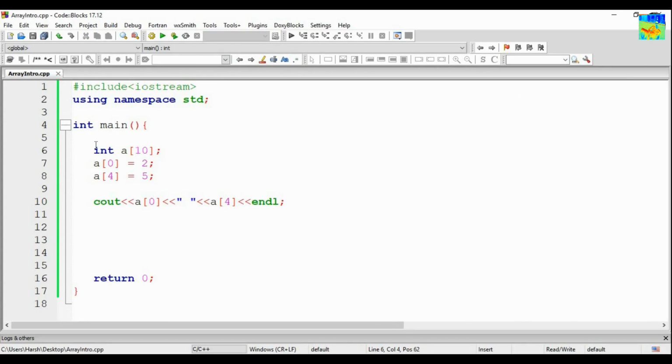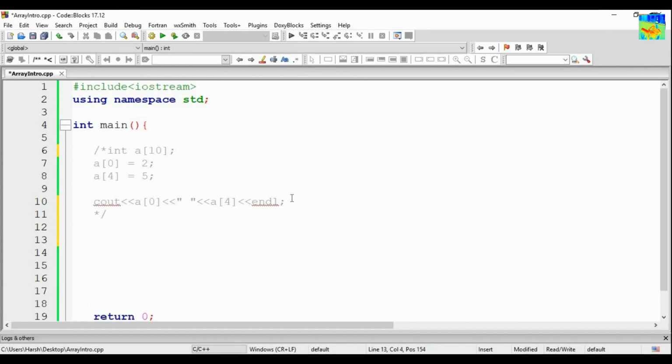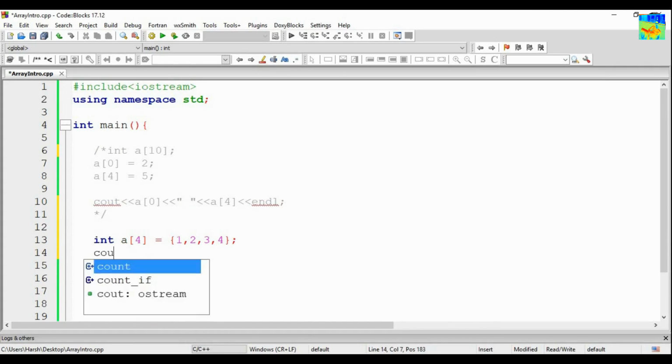Now let us comment all this. So I have to make an array of size 4 and the values are 1, 2, 3, 4. So these are my values and I will print the array. For printing the array, I will print all the values.